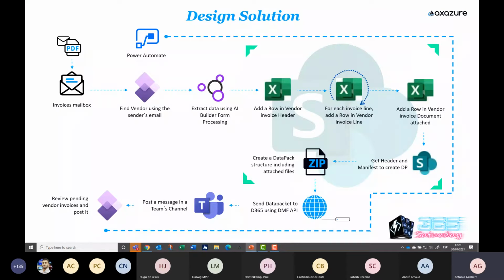When we have already done everything, we can use a specific function in Power Automate to create a data pack, including all these files. And after that is when you can set up a post function, send data packet to 365 using DMF API. So this is the way that we are sending all this information to Dynamics. When the system detects that this